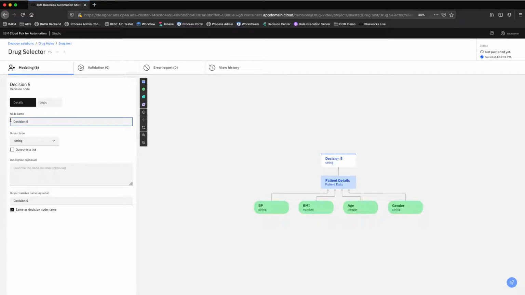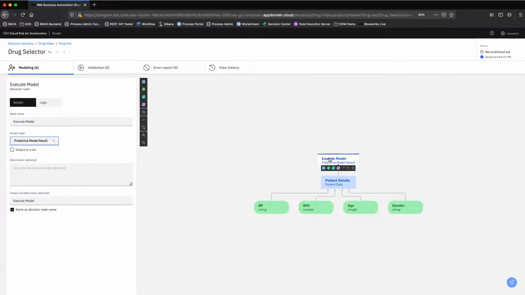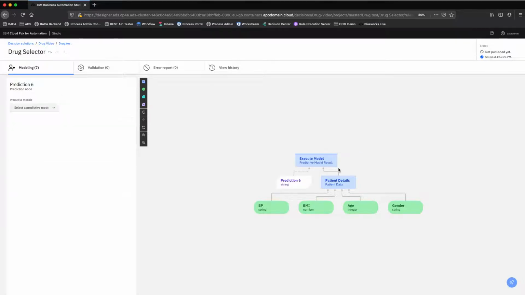So I'll call this node execute model, and the output type of this decision node will be the predictive model result, which we defined before. Now I'm going to connect the predictive model to this. You can see here it's appeared here, and I can select which predictive model I want to use. We've only defined the one,